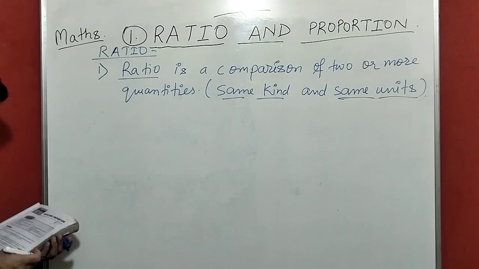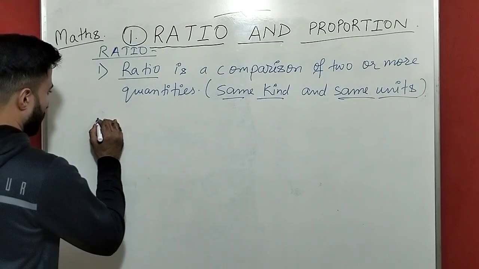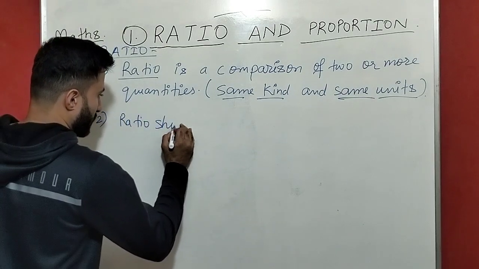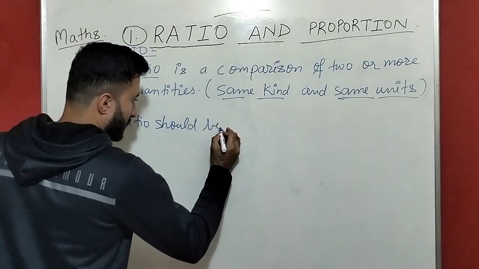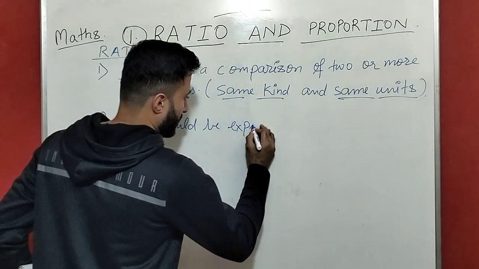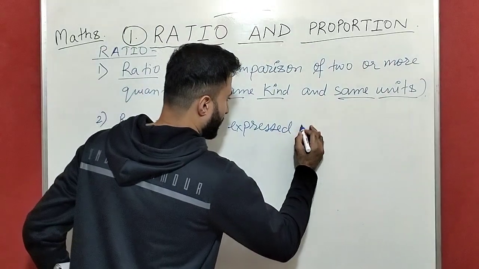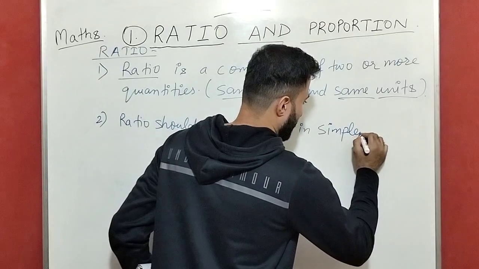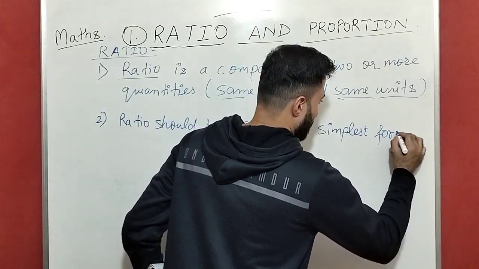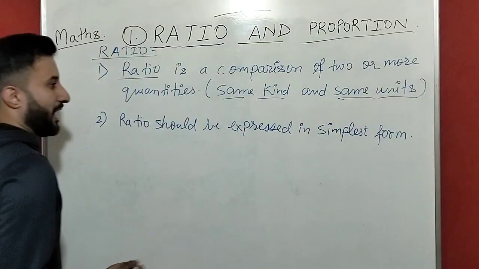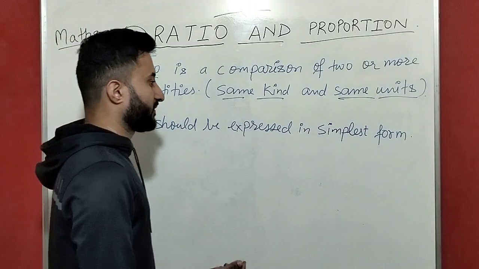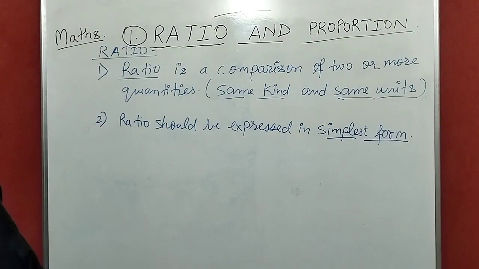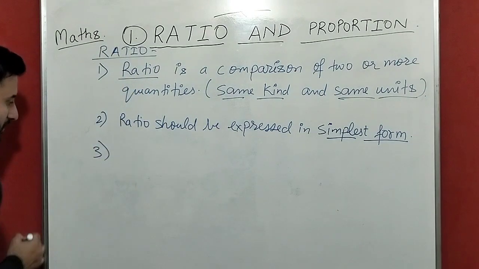Second is, ratio should be expressed in simplest form. You have to express the ratio in the simplest form, as I have told you how to express the ratio in simplest form. Okay, third number is,